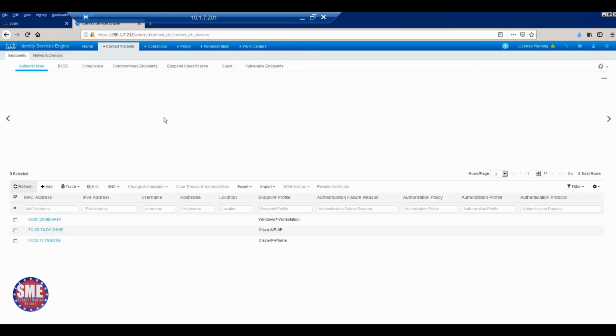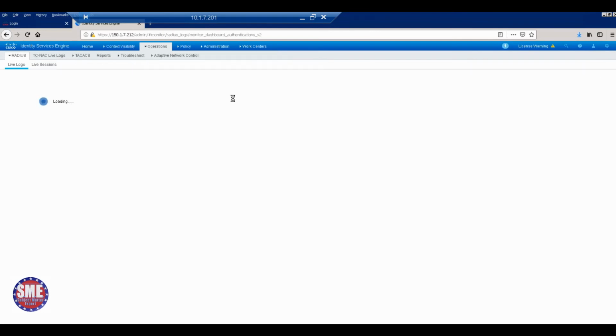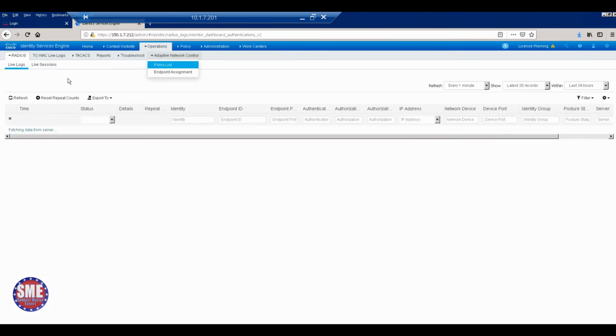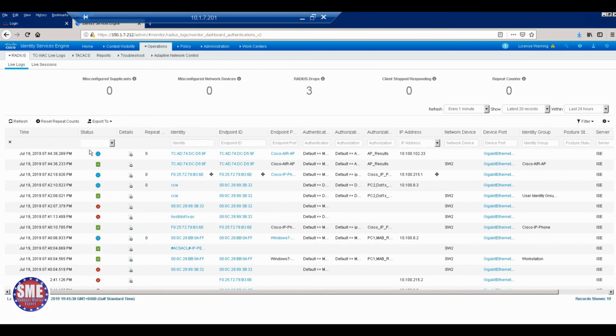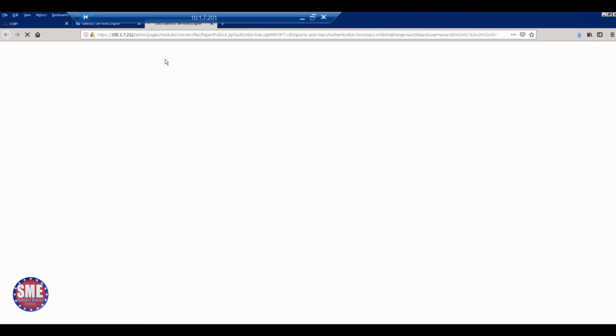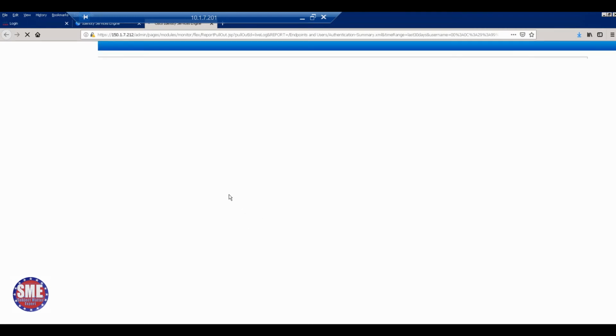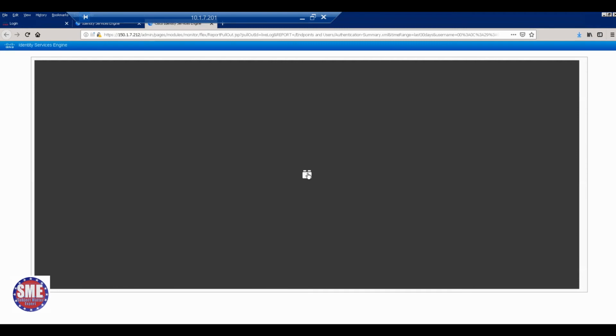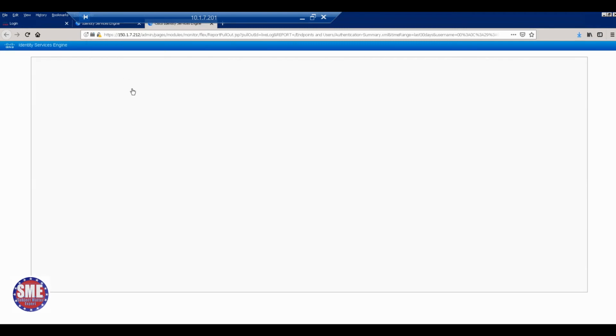See here, I'm just showing. Go to the operations, in case any issue is there. Live logs. Go to the live logs. You will get the logs here. See, your success configurations are there. If anything failed, you can open it here and verify why it failed. It's authentication failed or authorization failed or device. That will be displayed here. You got it. Always check the log. You can trace the issue.